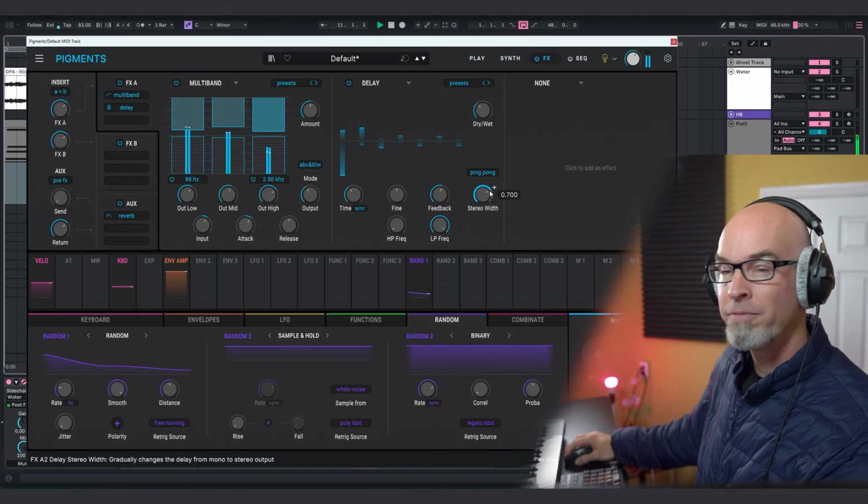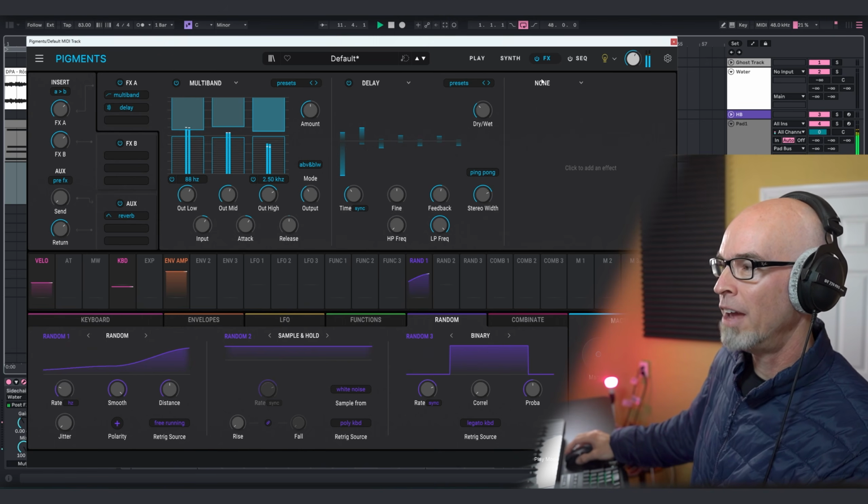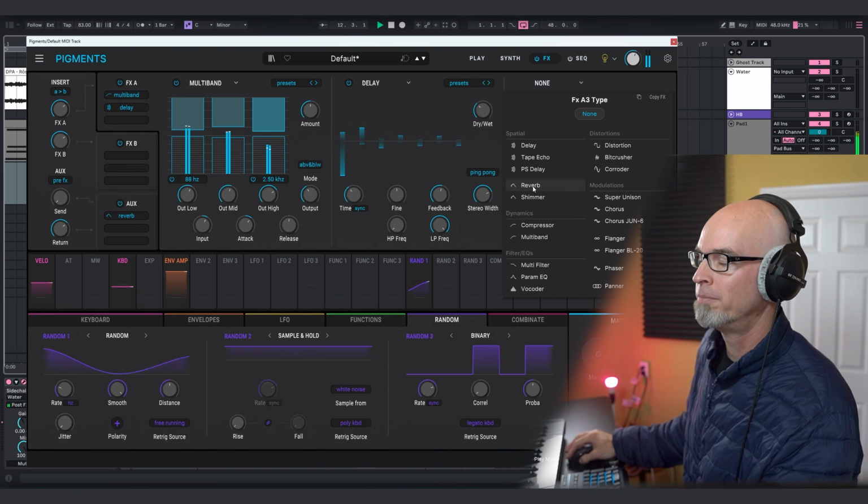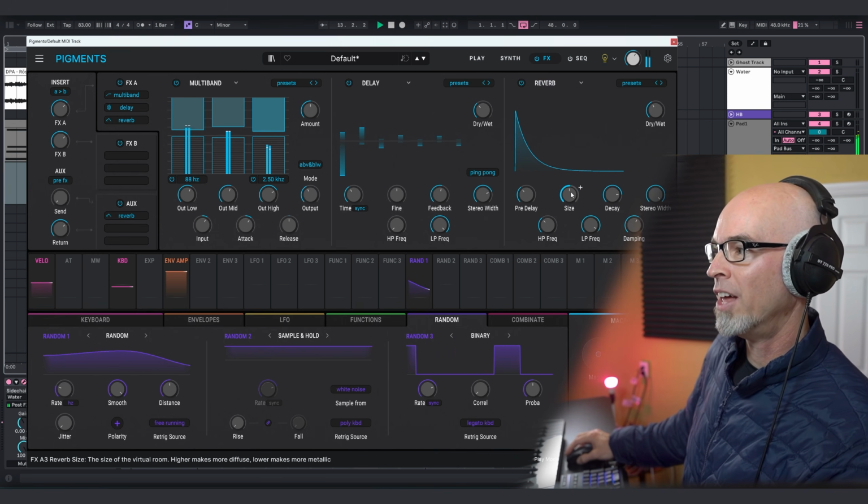Make a ping pong, stereo spread. And finally, let's add a reverb. Add lots of decay, lots of